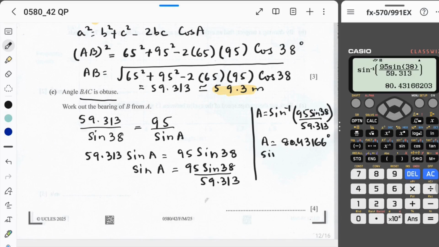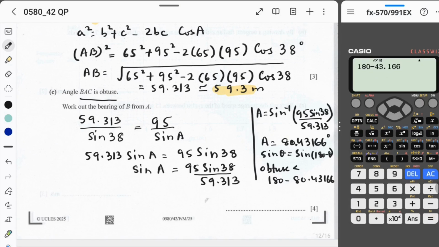As we know that sine theta is equals to sine 180 minus theta, for the obtuse angle this is 180 minus 80.43166. Okay, that is equals to... sorry, 180 minus, I put 180 minus 80 point,